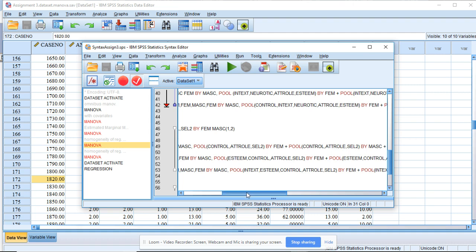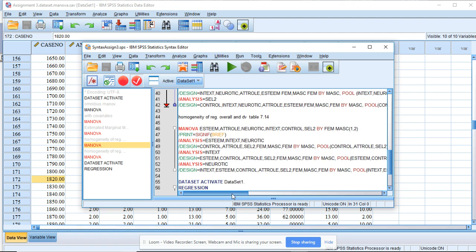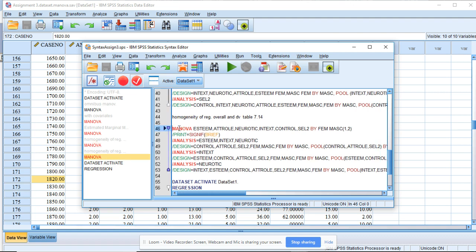I'm sorry, it pools the next level of the dependent variable and then the covariates, and then the two dependent variables plus the covariates. So it controls for all of those things kind of one step at a time. So you see this analysis first is esteem, introversion, extroversion, neuroticism, and then the introvert extrovert controlling for esteem, and then the neurotic controlling for both. So again, you might want to pause right here, type in that syntax,